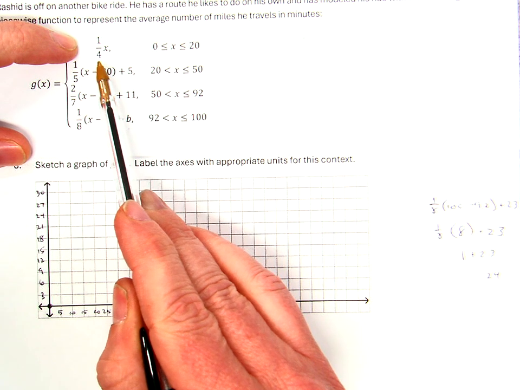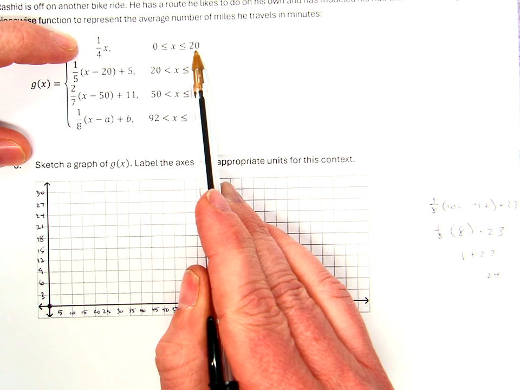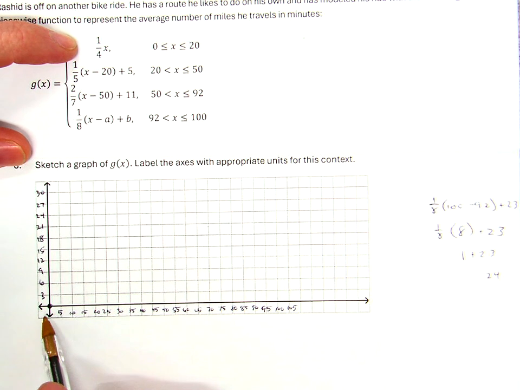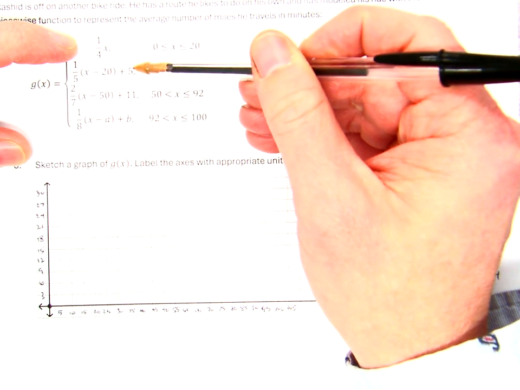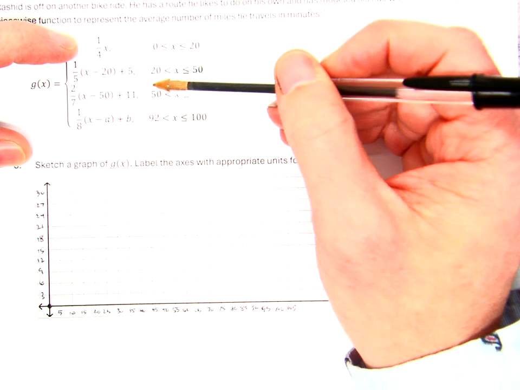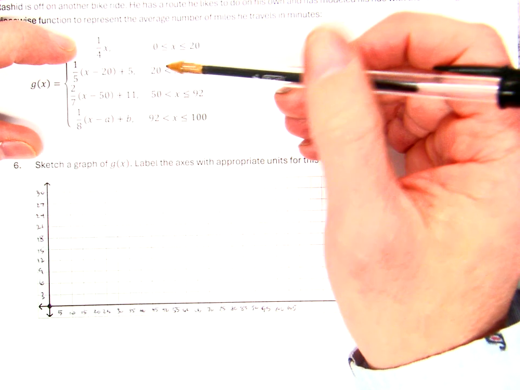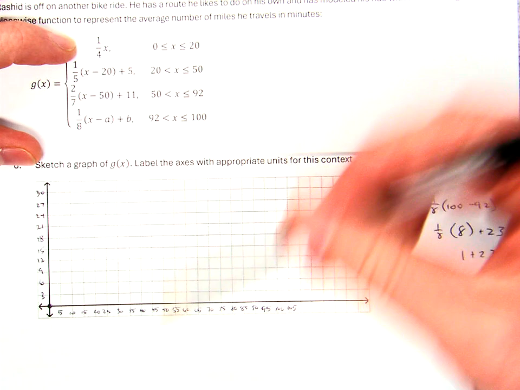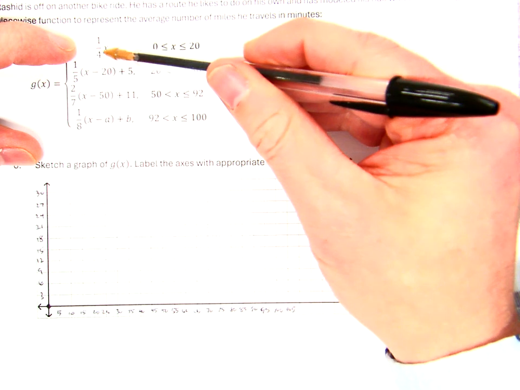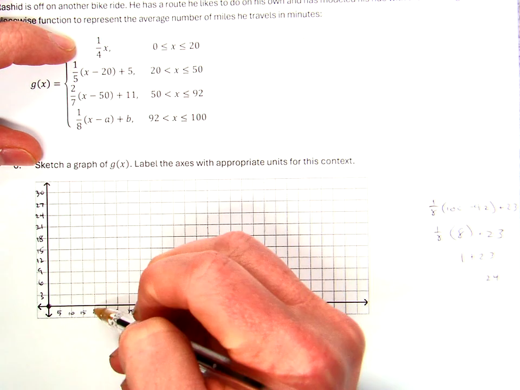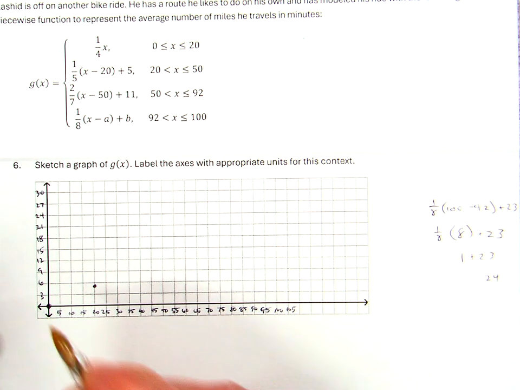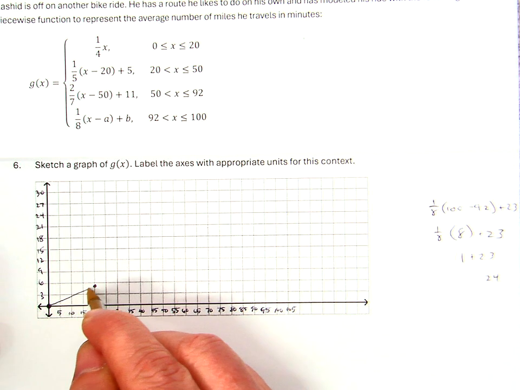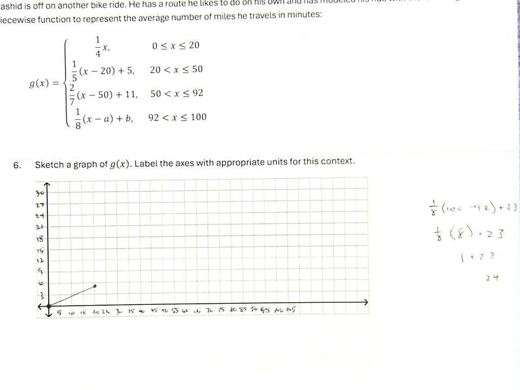But we know that when x is 20, from what we did, this thing is going to go all the way over to 20. And when it's 20, it's going to come up here to this value, which is 5. So since we already kind of played with these values a little bit and recognized that, if we didn't recognize it right away, or if we were just asked to graph it, we could just plug in 20. 20 divided by 4 is 5. So when I go to 20, I go up to 5, which is about there. We know it's a straight line, so I'm just going to make a line that goes from 0, 0 to